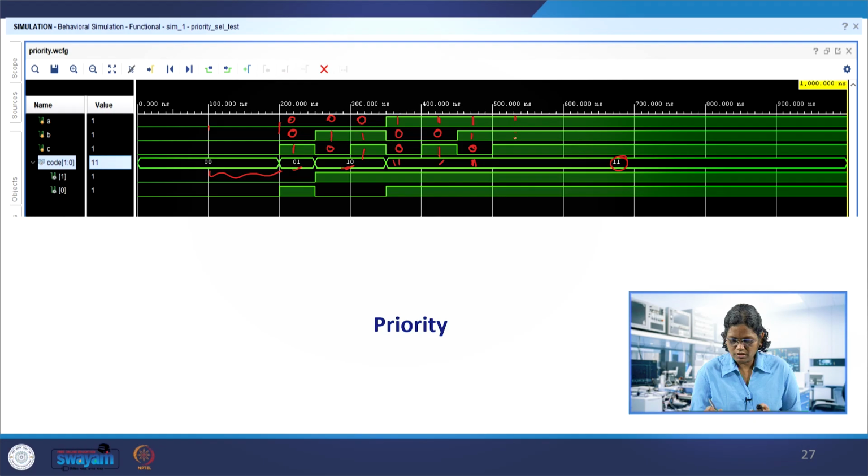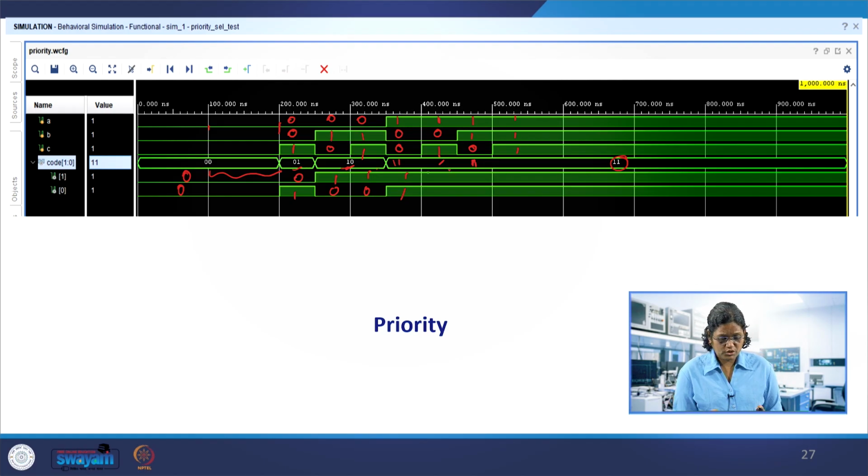So all of the three are 1, so again it's going to be 1 1. So 1 1 is retained over this period, the output 1 1 is retained. This is the expanded version of each bit: this is 0 0, this is 0 1, 1 0, 1 0, 1 1, and the rest of the time all of them are 1 1.